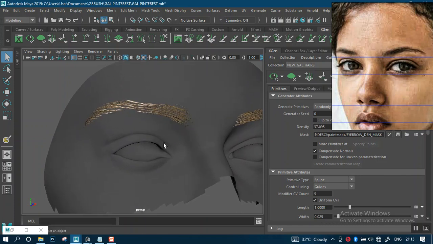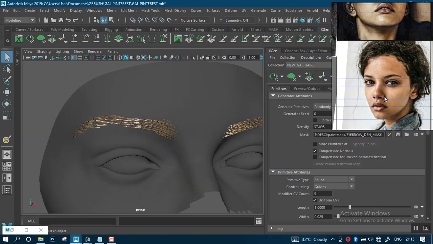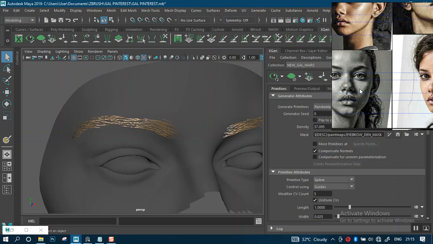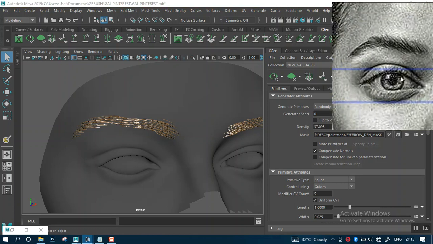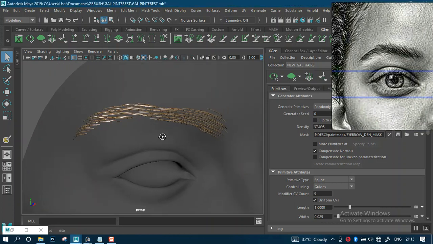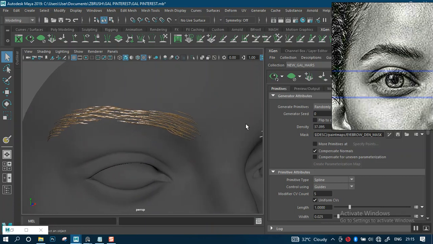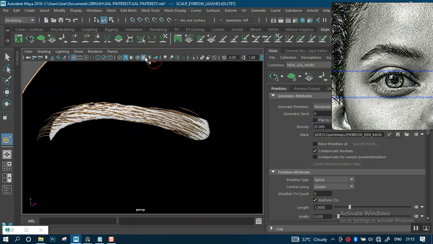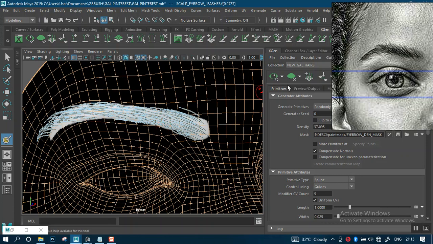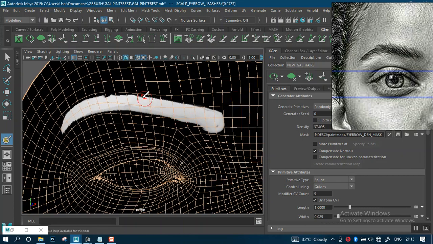So the only thing I need to do now is just to feather some of the edges out and probably make this a bit broader. Just make this a bit broader. Yes, and that's what I'm going to do. So I'm going to go back in here, turn on wireframe on shaded, hide the hairs, maybe